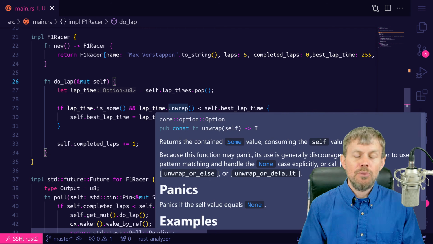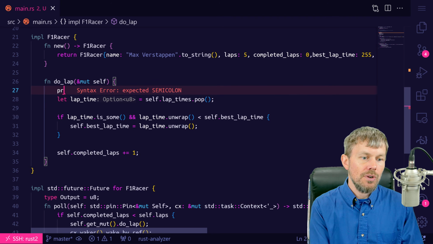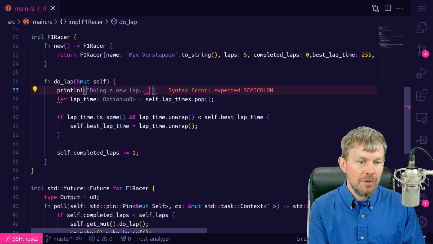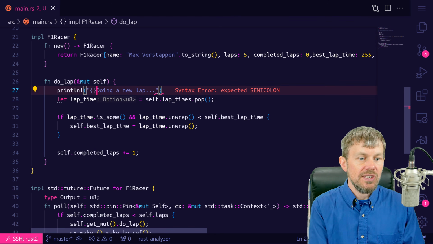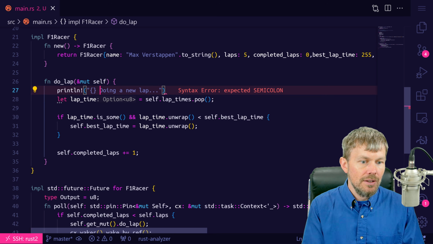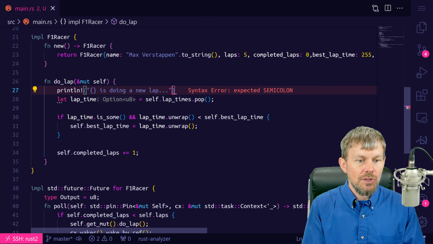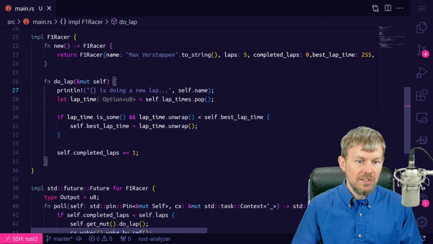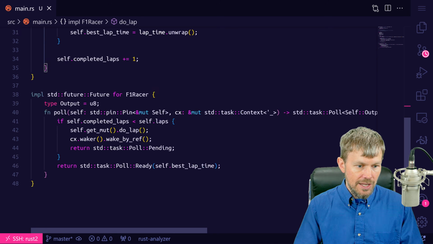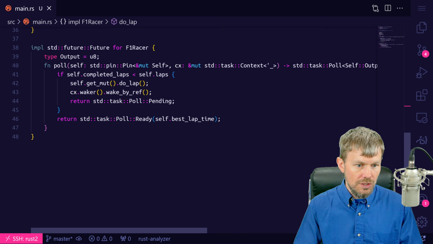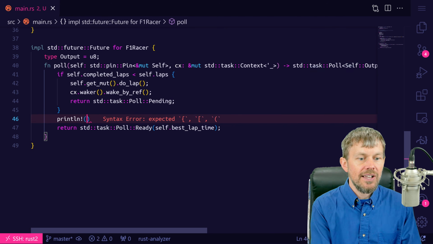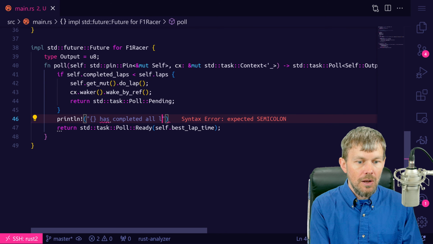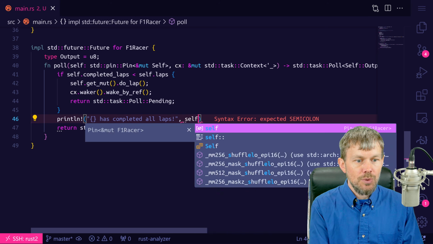Also, I want to print some debug statements here. So we'll say println doing a new lap, and we'll also put the person's name in here as well. So we'll say person is doing a new lap and then pass in self.name right here so that we can see that happening. And we might want to do some more debugging statements and say println racer has completed all laps. And once again, we'll pass in